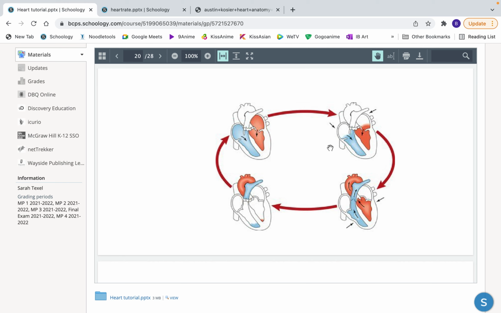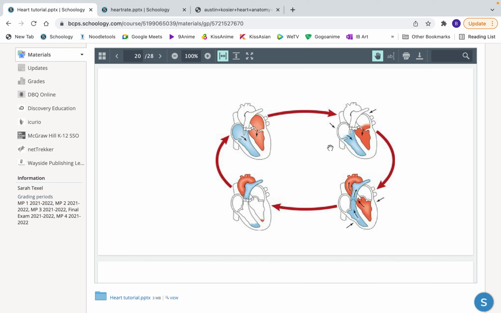So we are going to have 3 main times when we talk about the pumping of the heart. We're going to have atrial systole, which is going to be when the atrium is contracting. We're going to have ventricular systole, which is when the ventricles are contracting. And we're going to have ventricular diastole. Not ventricular diastole. It would be cardiac diastole, which is the same as when passive filling would occur. So let's start with